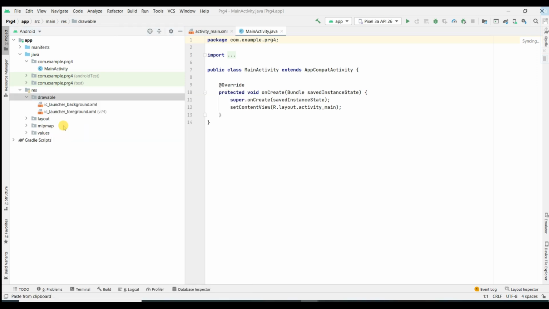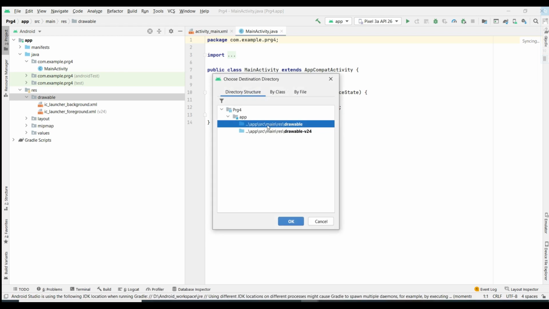It will ask for two folders, one is the drawable folder and the other one is drawable v24. Most of our applications will run fine in the drawable folder, so we prefer the drawable folder only. If it doesn't work, you can try the drawable v24 folder. So first I am just going to try the drawable folder only.